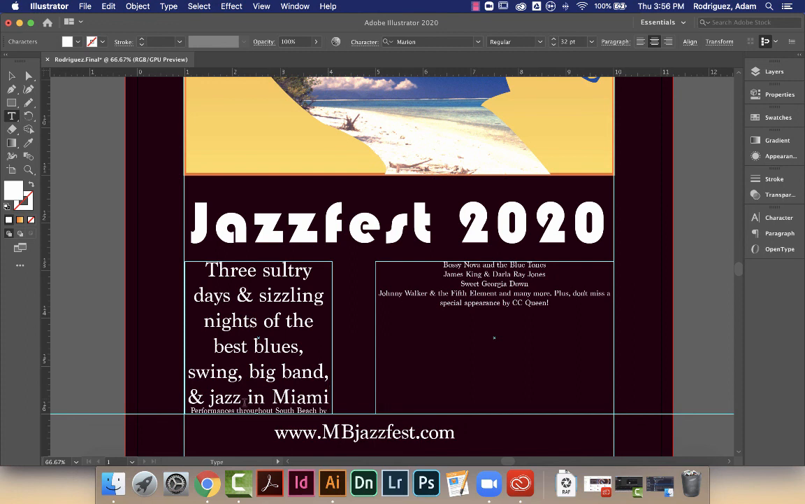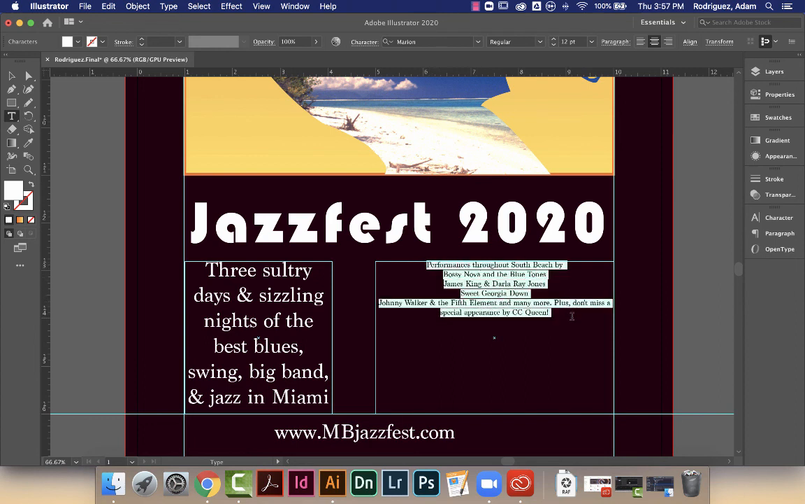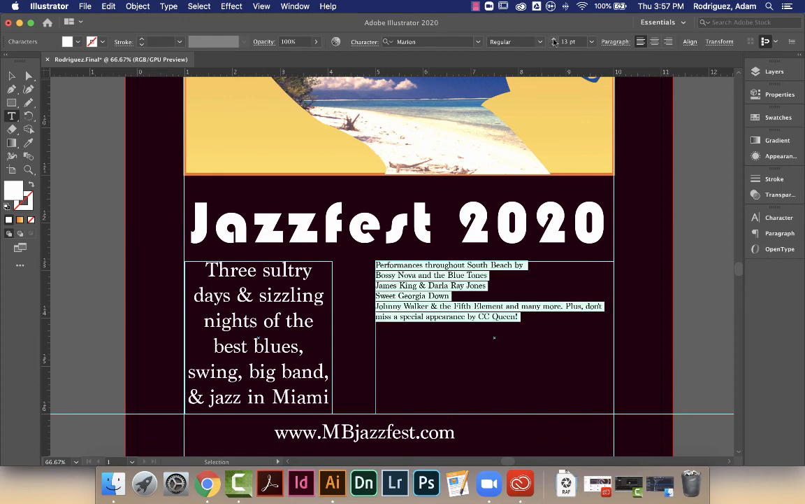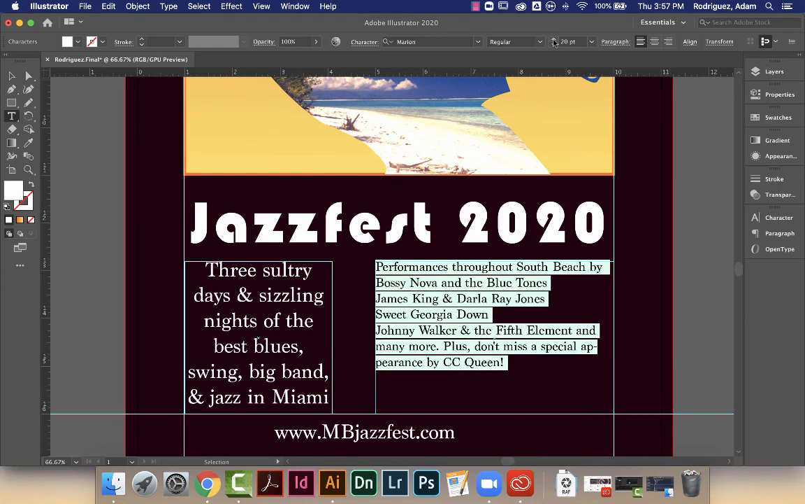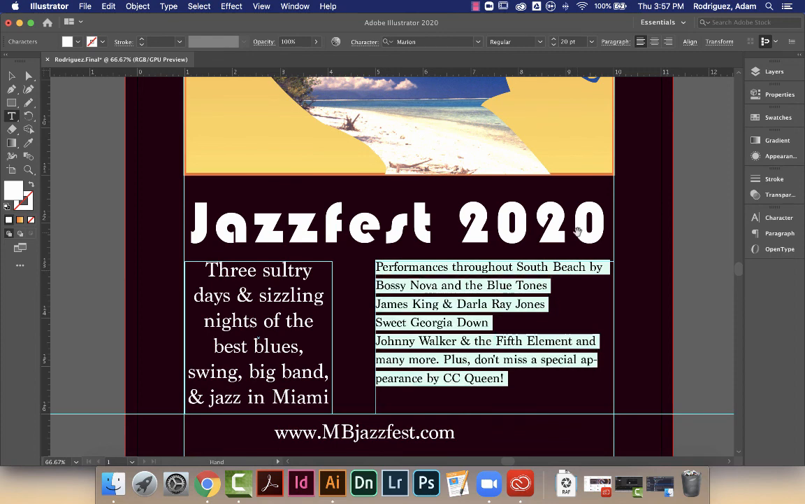So I don't want that. So I think I'm just going to do a hard return on that. Now I have it over here. And on this side, what I want to do is create this with a left alignment and increase the size of this, like that, 20 point. And while I have it highlighted, I'm going to do an option down arrow to space out